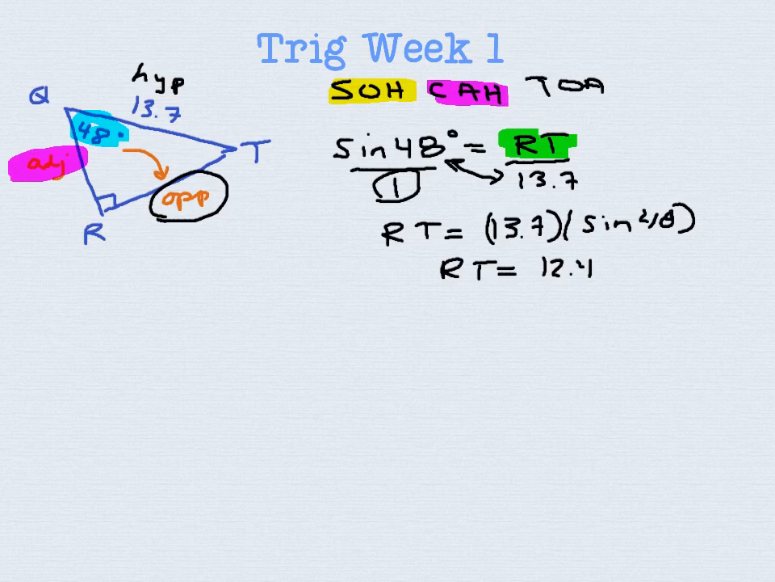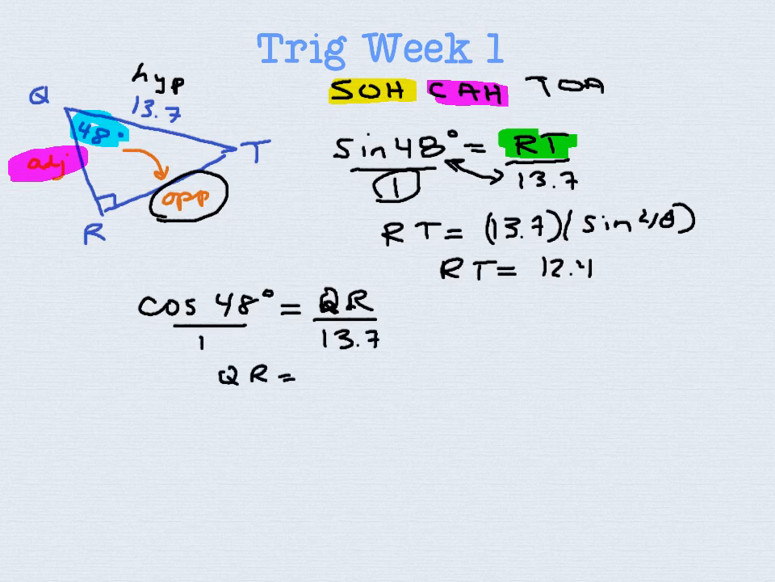then that ratio with adjacent in it and hypotenuse, the given side of 13.7, is the cosine ratio. So the cosine of 48, using the adjacent side we do not know, QR, over the hypotenuse, which we do know is 13.7, that will give us QR, which is going to be 13.7 times the cosine of 48, divided by 1, which doesn't change the answer. Use your calculator, round to the nearest tenths. QR is equal to